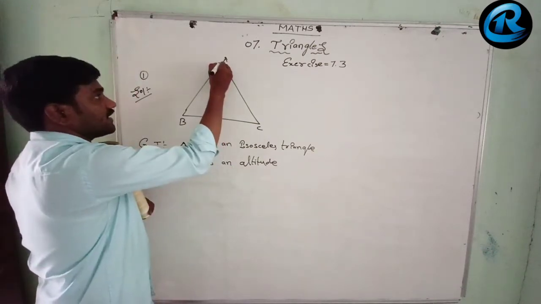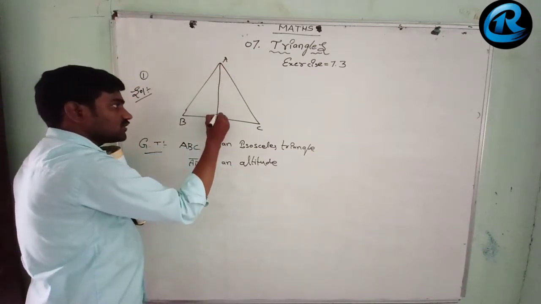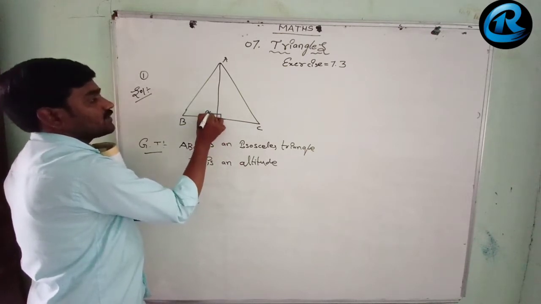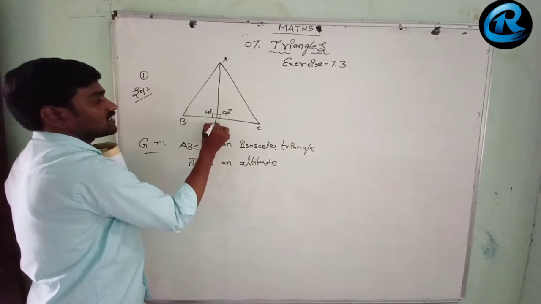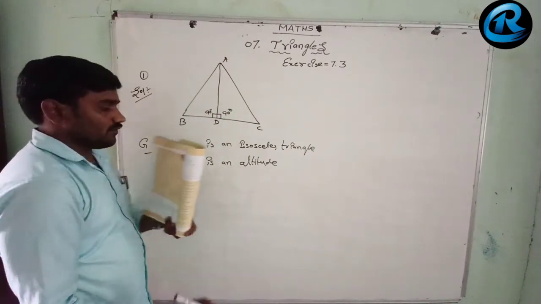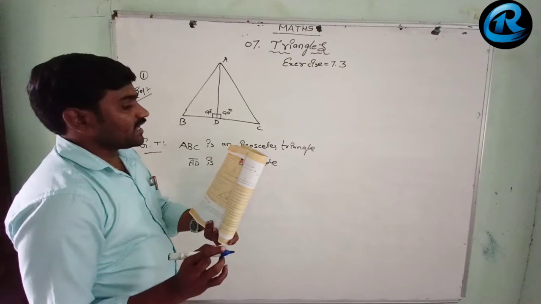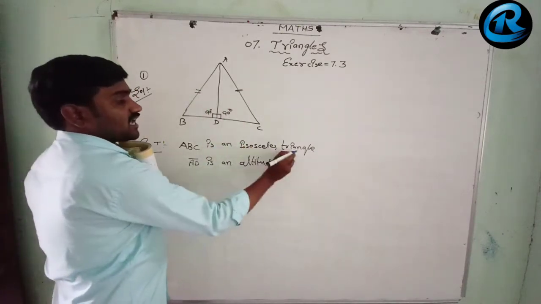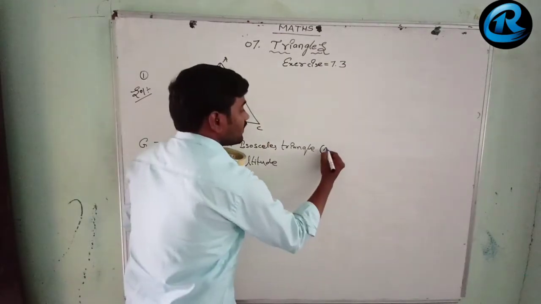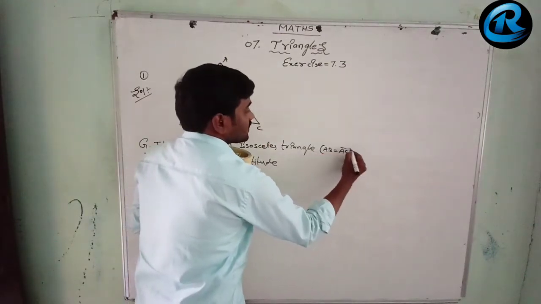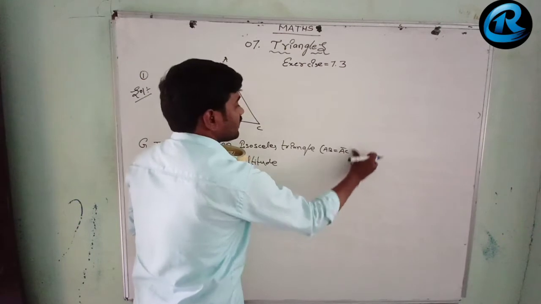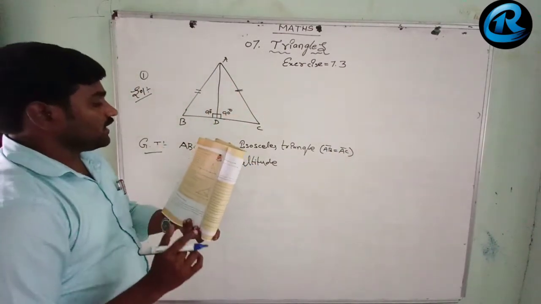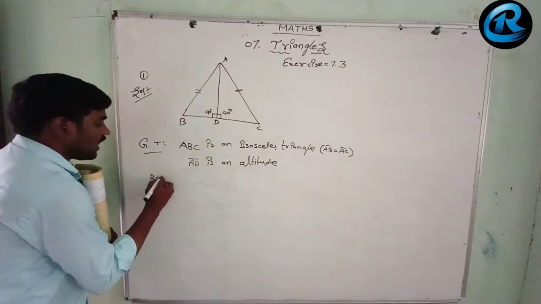So let us draw the AD here. As I said, it is an altitude. A straight line which makes 90 degrees like this is called an altitude. So it is AD. You got it now. In which AB equals AC, where ABC is an isosceles triangle. Two sides are equal.